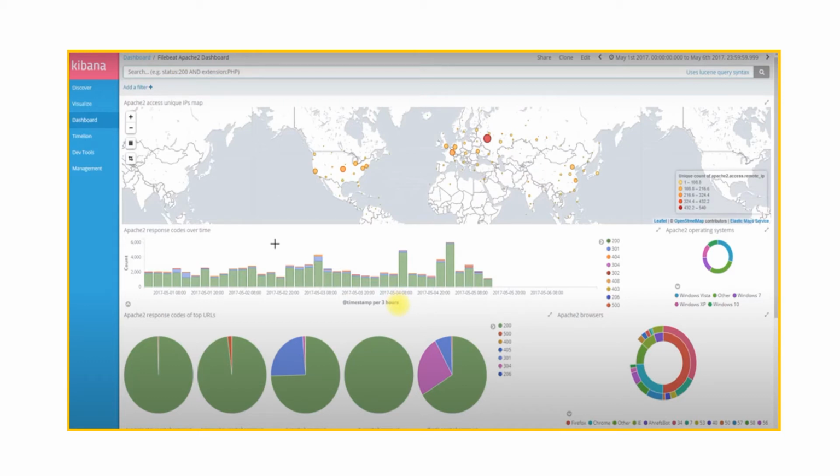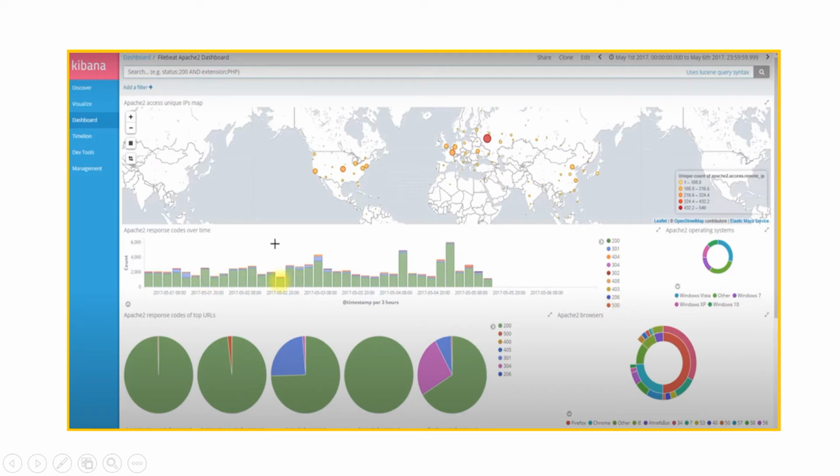So using the log information, through Kibana we can build this useful user interface where the user can see, out of the different logs that are present for Apache, for a given particular day, how many response codes of 200 are coming in, and the different response codes that are coming in.